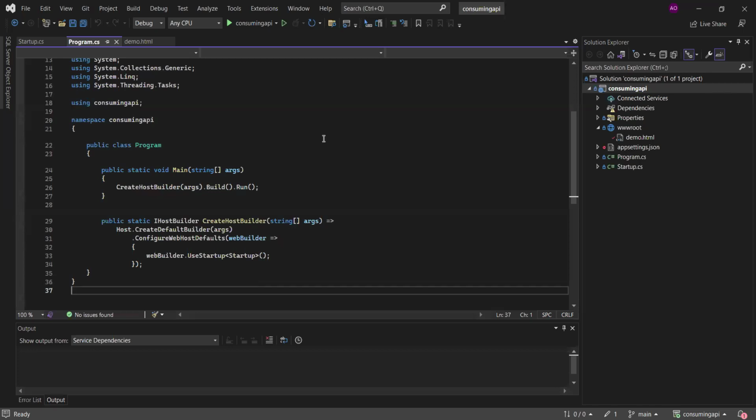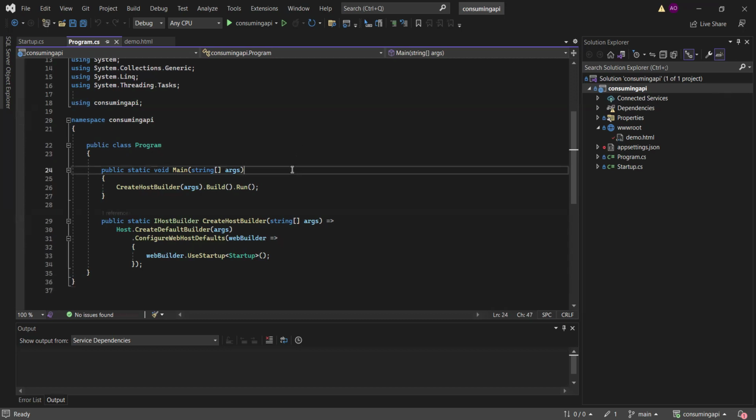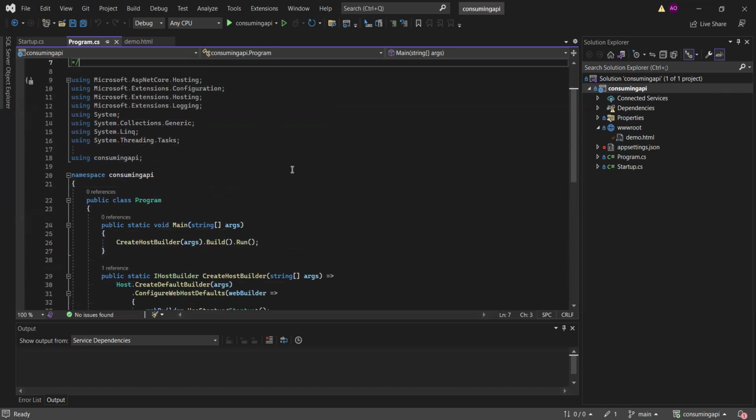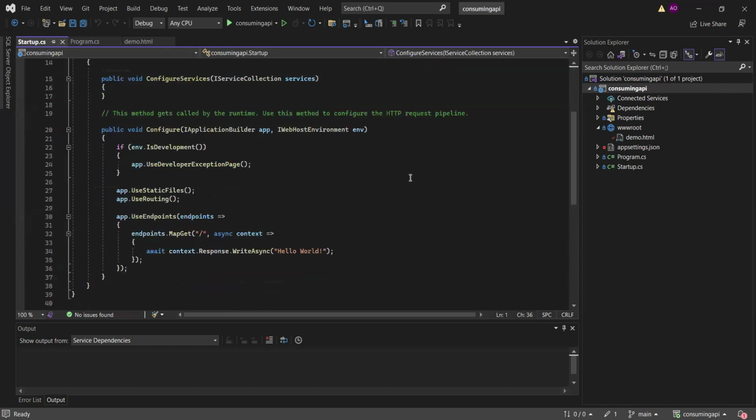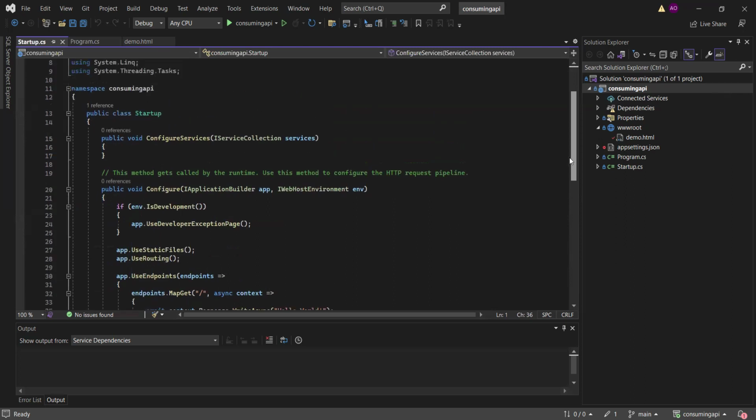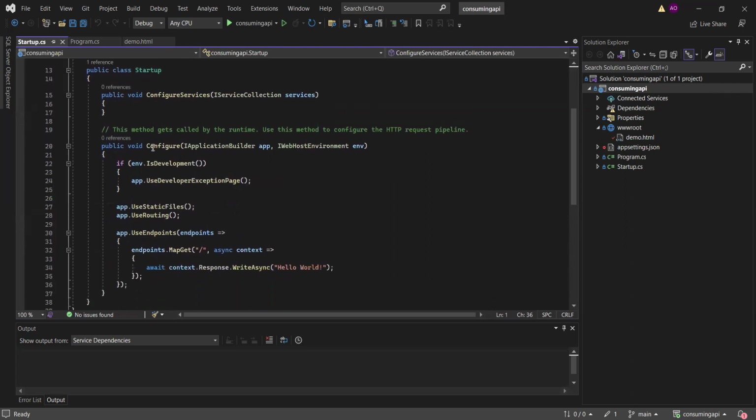Okay, so as usual, this second application is, the plan is for you to consume data from the first application, the API. And this is the program.cs file. Very, very simple. It's a very simple application. This is the startup file, very simple as well. But where I want us to go to is